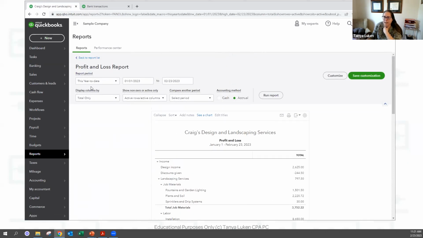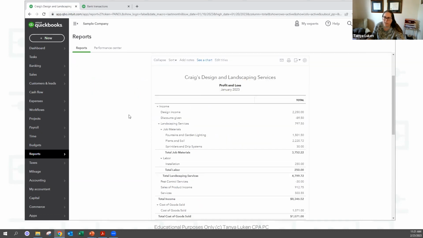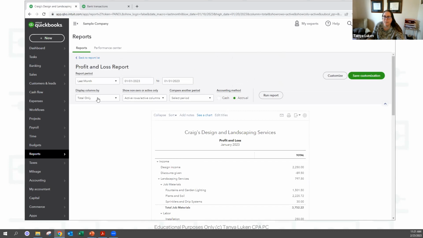There's some boxes up here, so you can change it from this year to date to this month, for example, or you could do last month. Or you could type in a date range, like if you wanted to see only the 10 days in January, you could do that. Your display columns here,